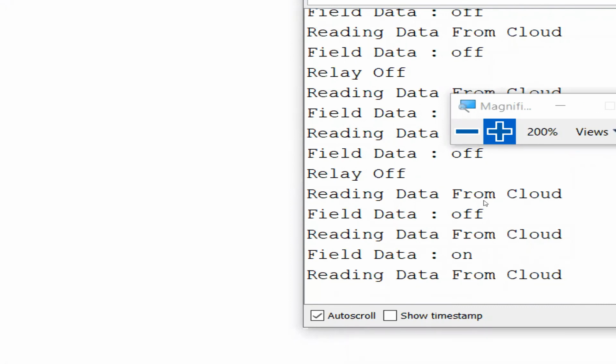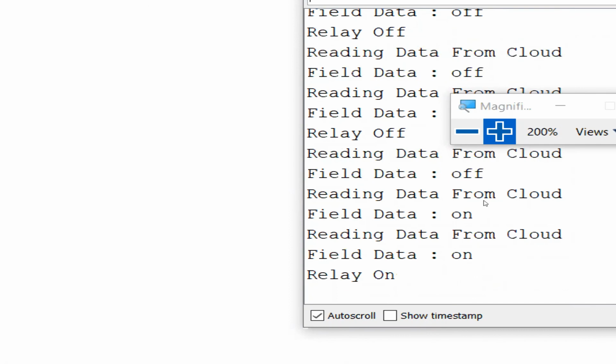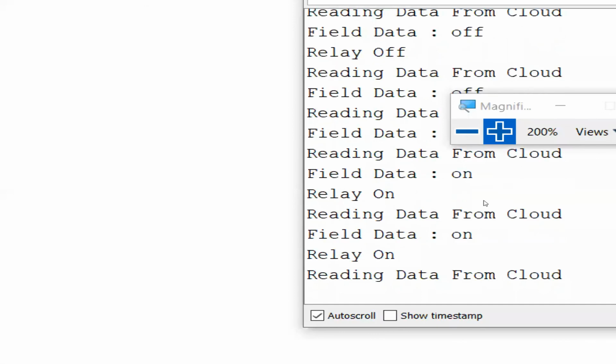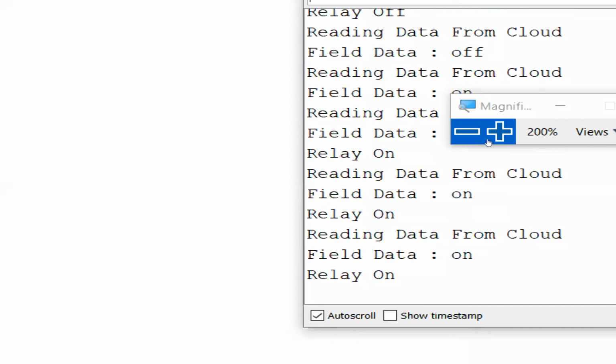When you make it off, on serial monitor, it has to display off. The data which is printing on serial monitor and the data which is given at API should match. If you're sending off, here it should print off. When you're sending on, it should print on. That is the test logic which you have to check.